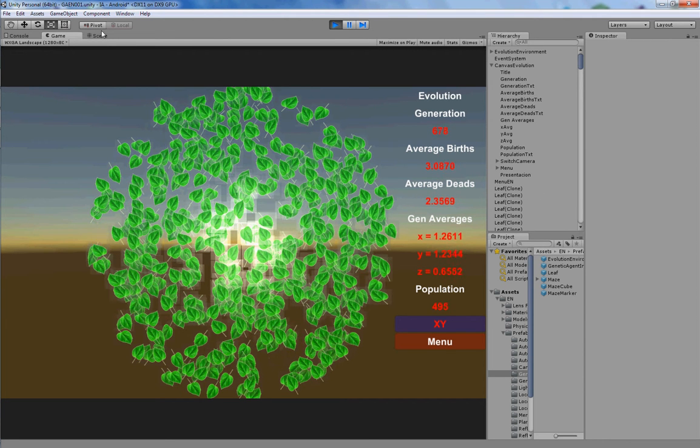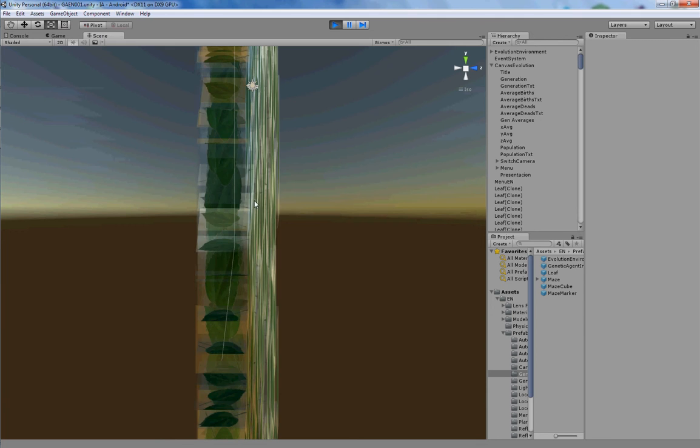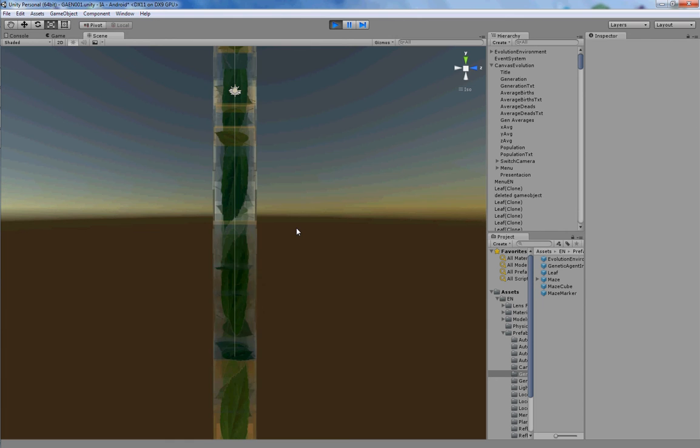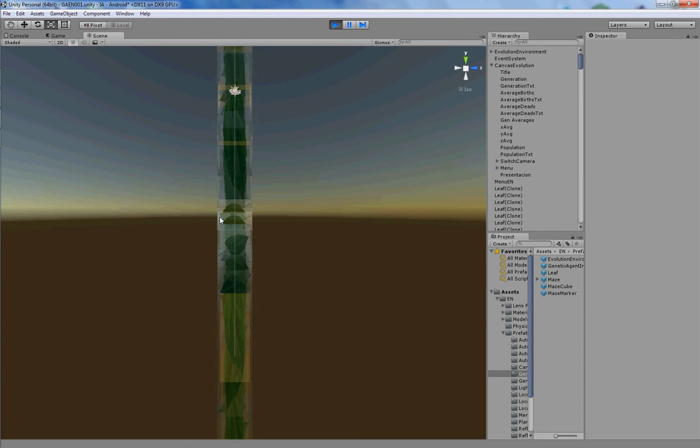Let's run. Okay. You can see at a glance how the leaves are flattening. So far, there is no supernatural process. However, it's clearly seen how the leaves change, evolving.